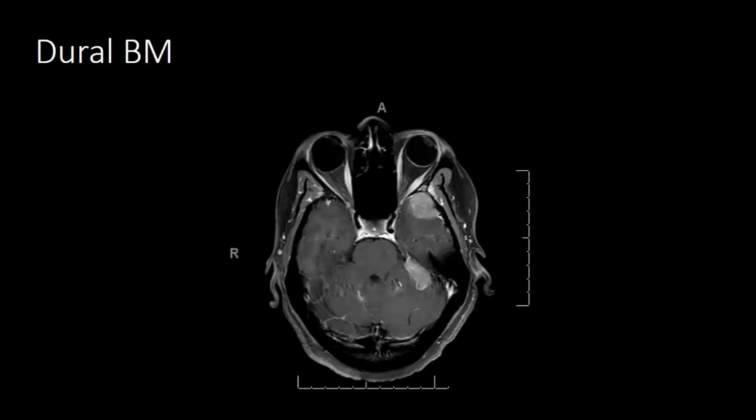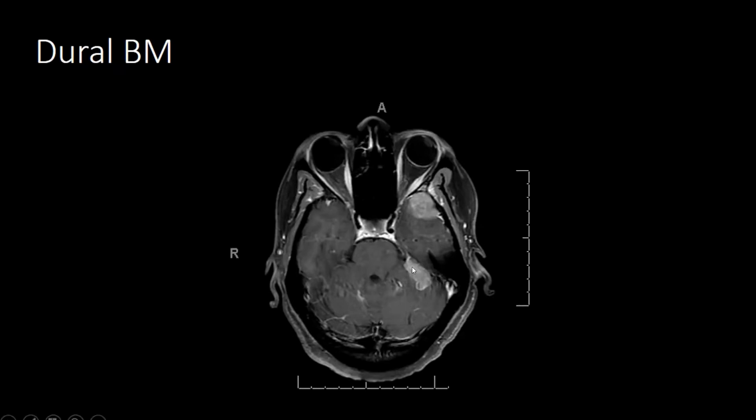Dural metastases. These are not very common, but when they occur, it is mostly from breast, prostate, and lung. Also, for dural metastases, typically, it is not an unknown primary cancer. They do know that the patient has a primary cancer and has manifested somewhere, and thereafter it metastasizes to the dura. You can see here that the lesion is extraaxial, it is broad-based, it is indenting the underlying brain parenchyma,